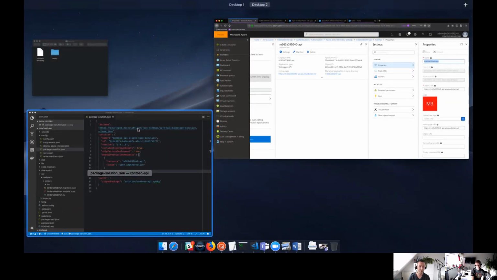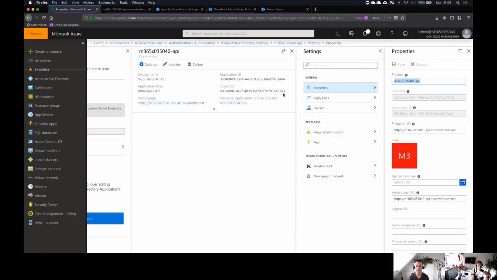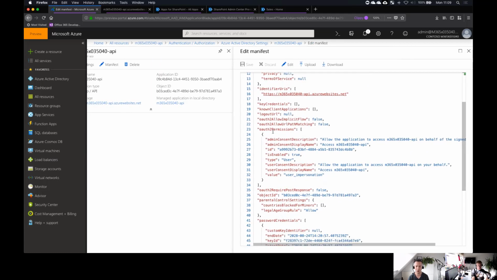So that is one. And then two, you need to specify which permission scope you want to have access to, right? So for example, if you think about it like in Graph, you can have access to read email, read calendar, read task, create task, and all that. In our API, it depends on what your API implements. Permissions that are available for your API, you can see them in the manifest. So here we click on manifest. And when you scroll down, there is a property named oauth2Permissions. And in this case, you can see that we only have one, which is the user